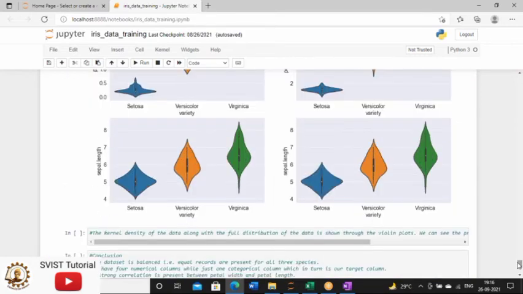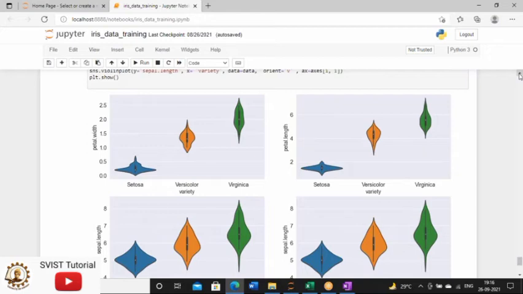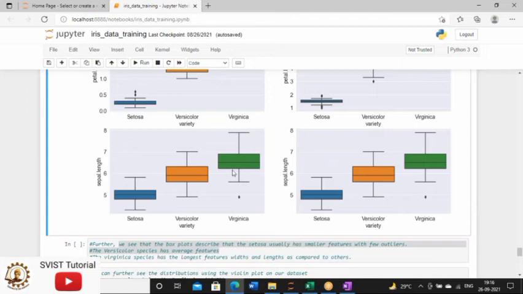So this is the concept of the violin plot, from which you can find out what is the density of the data, right? And on the other hand, I have already explained that in the box plot, you can find the outliers with a clear dot.